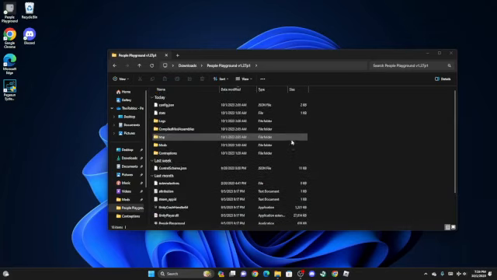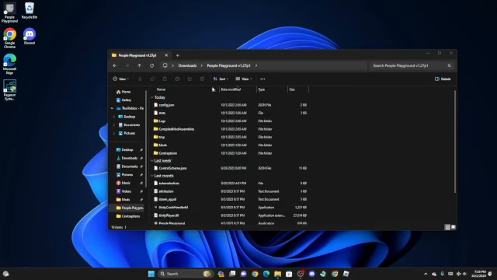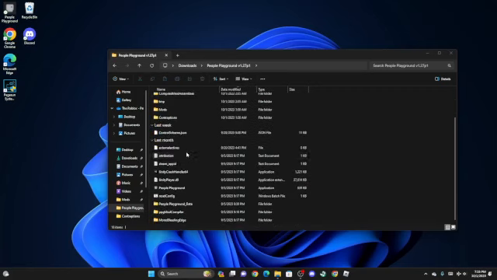So basically, you just want to find the application file in the folder you got for the